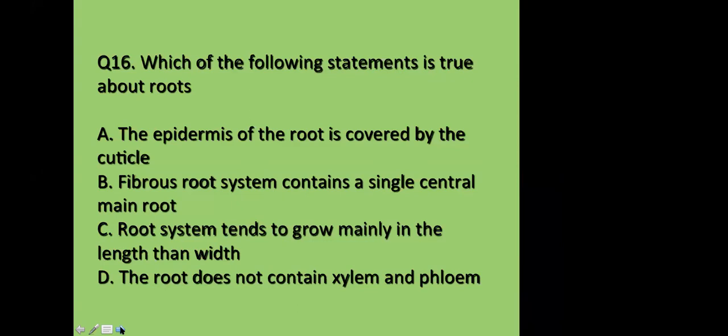Okay. And we have seen the structure of the leaf, that in the leaf I told you the epidermis has the cuticle, whereas in the root the epidermis does not contain the cuticle. Okay, and there are two main types of root system. Can anyone tell me what are the two main types of root system? Taproot and fibrous root. Correct. Taproot and fibrous roots.